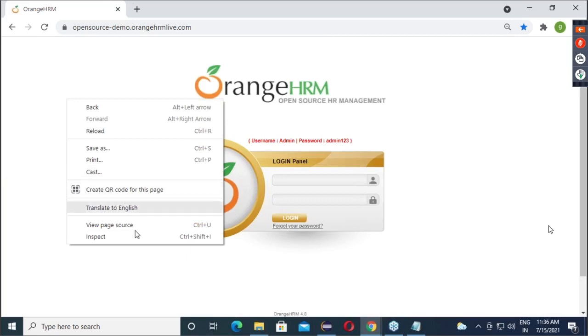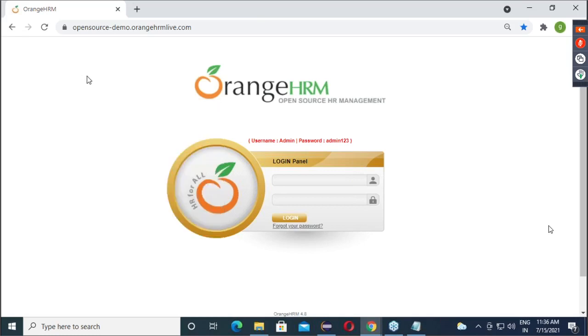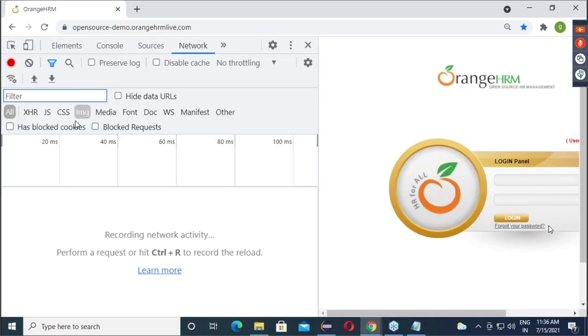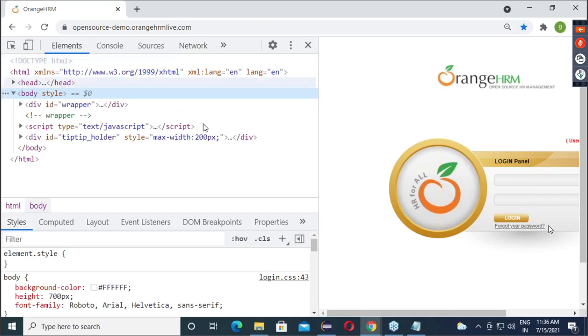One more way of inspection is, sometimes guys, right click will not support opening the HTML code, the backend code. In some applications this happens. So what is the shortcut to open the backend? Control Shift I. Even though you don't have that option, directly press Control Shift I, you are getting the backend. In the backend, go to Elements. You are able to get the HTML code.